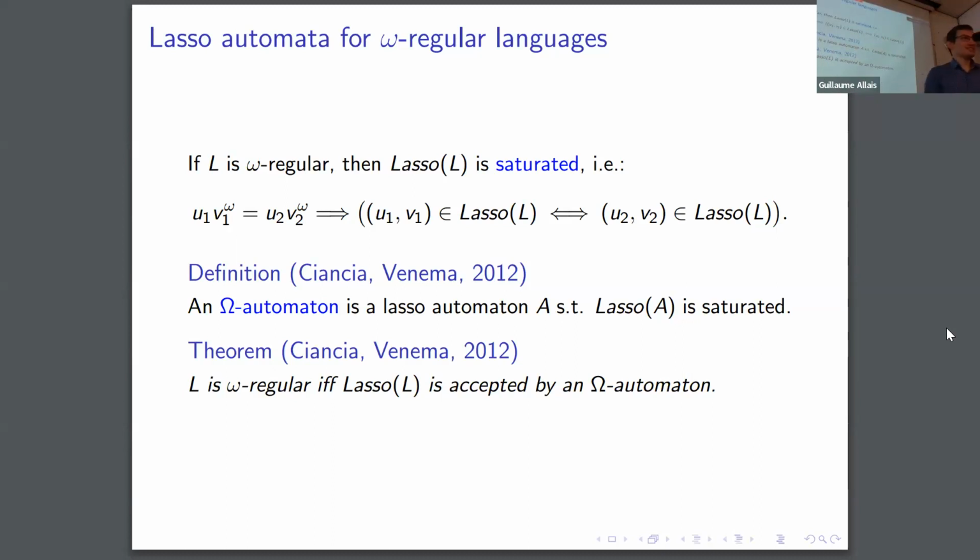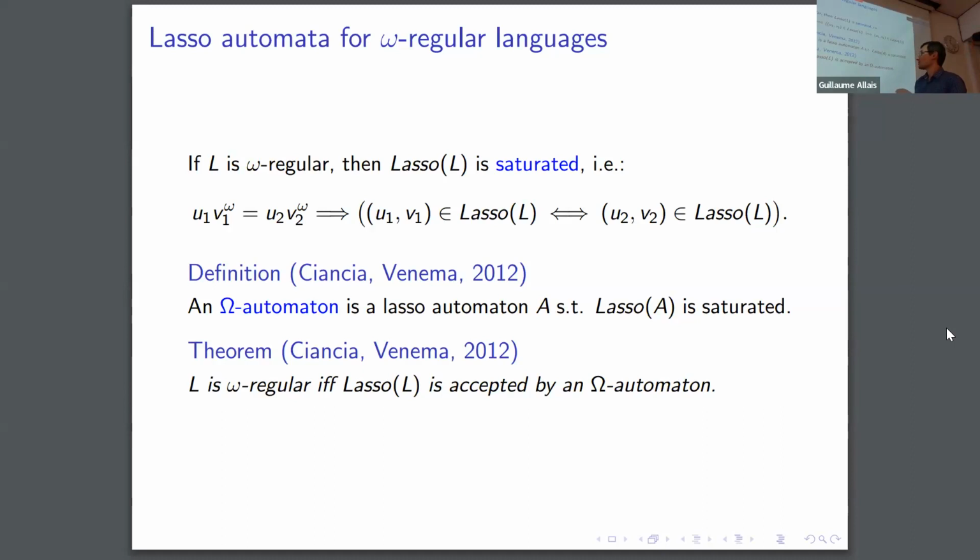And one can easily construct a lasso automaton for which this is not the case, because we only gave some restrictions on what the structure of a lasso automaton is. But just the same way we can build many different things with DFAs, with lasso automata it's also difficult to violate this condition. So what do we do? Well, it turns out that as long as this saturation property is satisfied by the language of our automaton, then this lasso language is immediately guaranteed to correspond to the lasso language of an omega regular language.